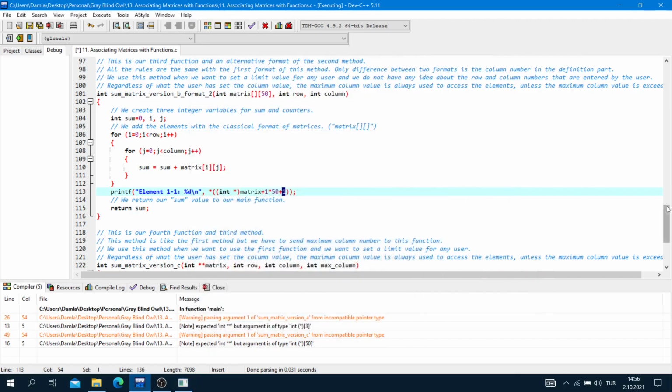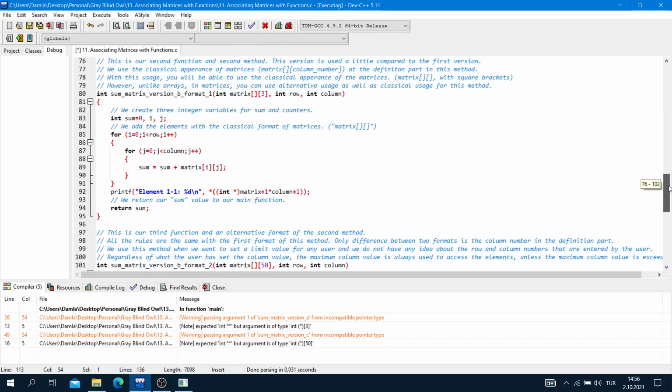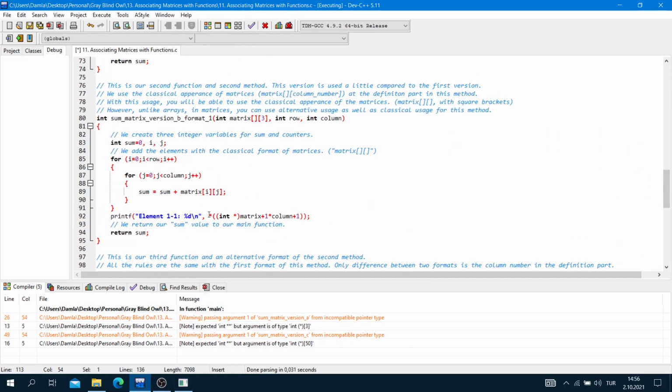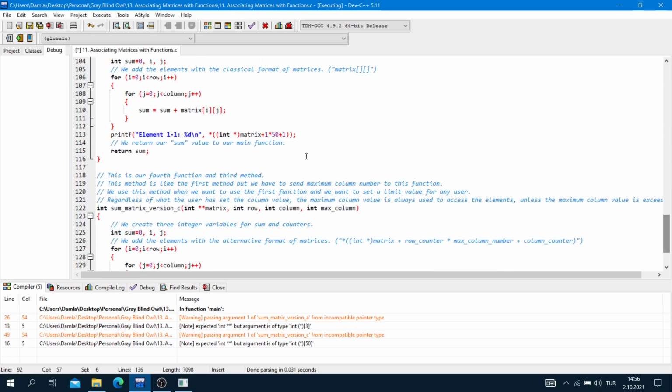But only one difference. Here, integer, reference, integer pointer, matrix plus 1 times column plus 1. Okay, I use the column number, but here I use the 50, our limit value. Okay, they are legal, but they are 2 different formats of our second method.